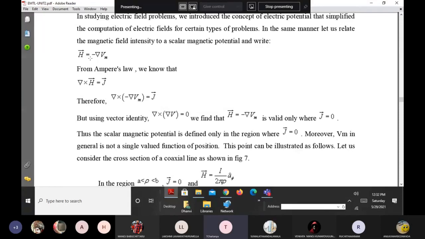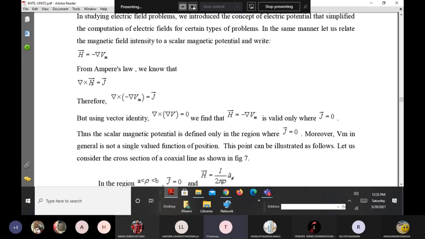Yeah, based on that equation, we have retrieved the assumption that the magnetic field intensity also has a relation with the potential V suffix m, H bar equal to minus del V suffix m. But we have already derived the equation from Ampere's law, del cross H bar equals J, and H we already defined for a magnetic scalar potential as H bar equal to minus del Vm. This value I can substitute here.